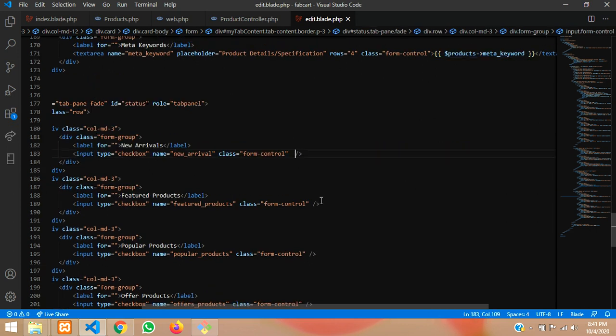So we have to mention over here for this, let's mention before the name, after the name, value is equal to your new arrivals if it is double equal to 1. Okay, 1, which means it should be checked, else it should be null.